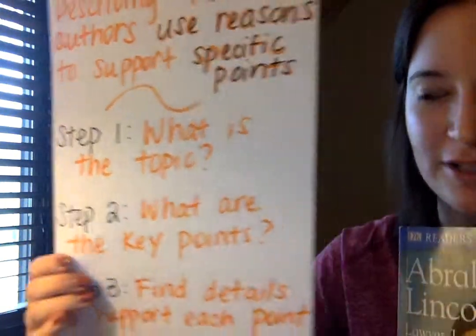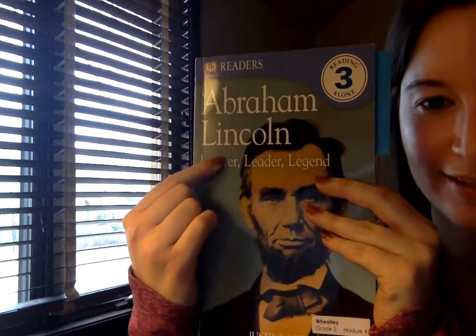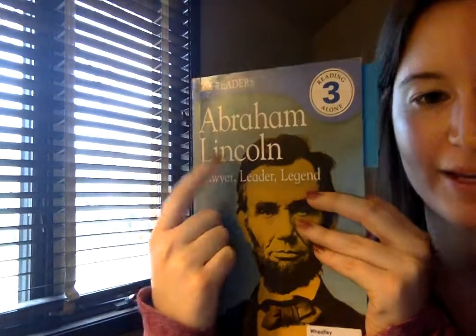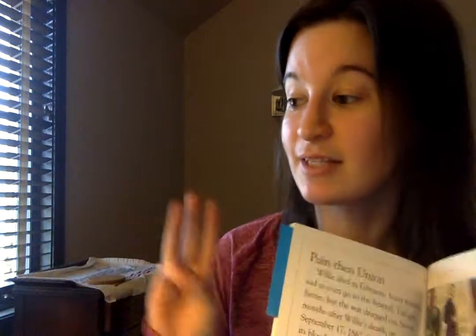So thinking, step number 1, what is the topic? What is the topic in this text? Think about it. Yes, friends, the topic is Abraham Lincoln. We know that already. Step number 2, what are the key points? We know our key point that we're focusing on today is that Abraham Lincoln used his power as president to end slavery. Step number 3,